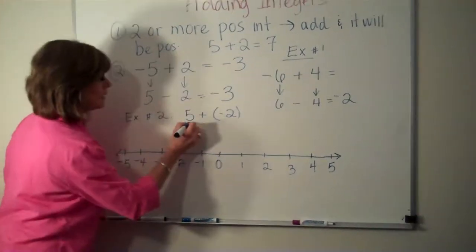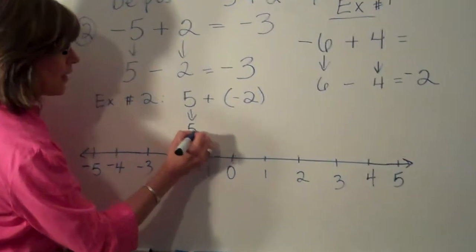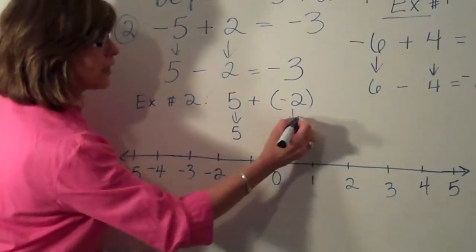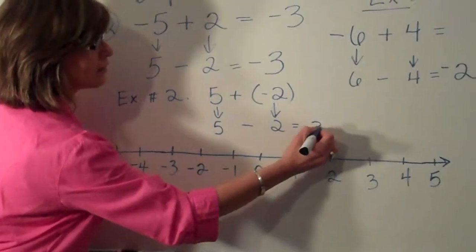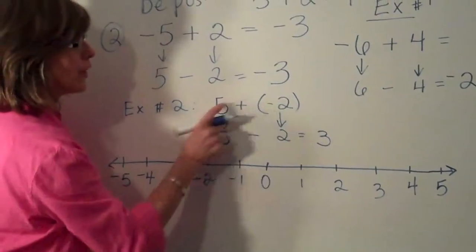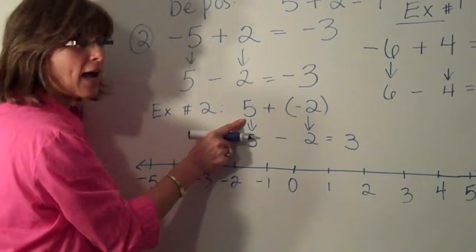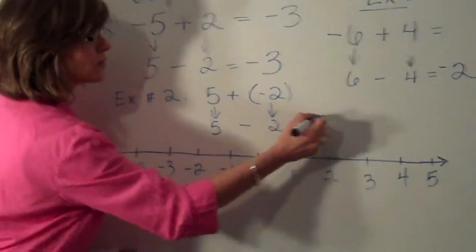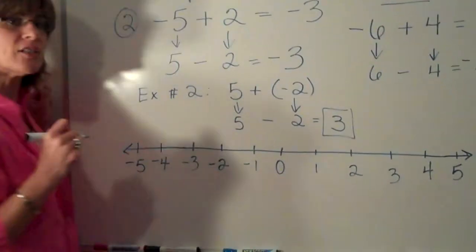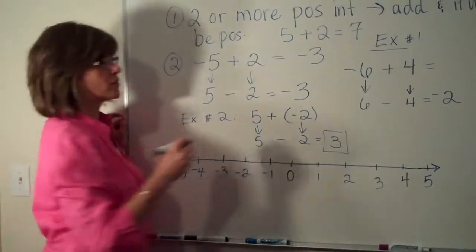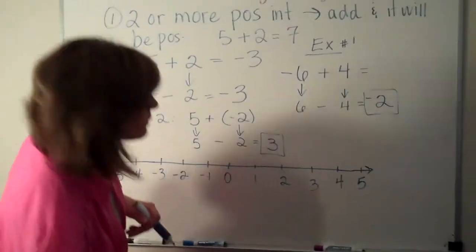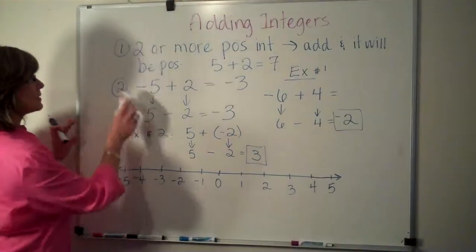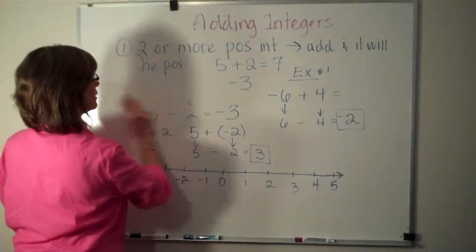Same rules apply. Absolute value of 5 is 5. Absolute value of negative 2 is 2. I subtract. I get 3. Which one has the greater absolute value? The 5. It's positive. My answer is positive 3. I do like for you to put a box around your answer so that it's clear which part of the problem is your answer. One last part of this section,